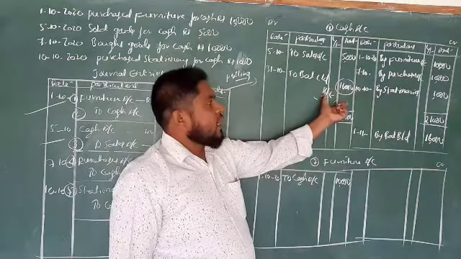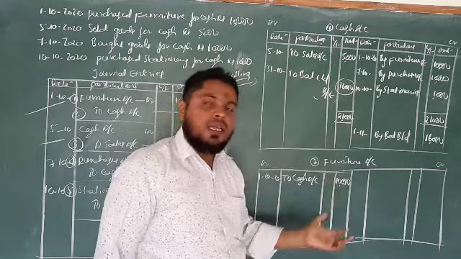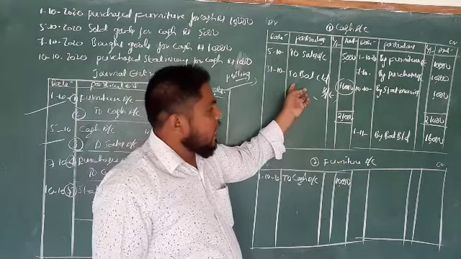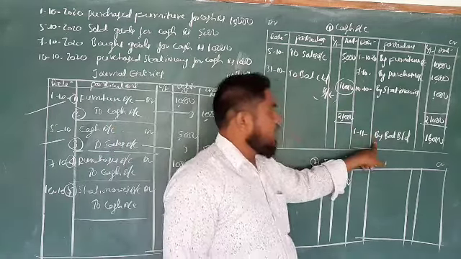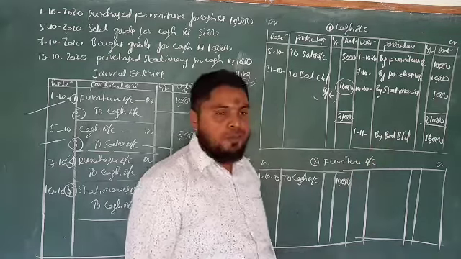So balance carried down: where we get the lesser amount, there the difference amount is the balancing figure, balance carried down, and this balance will become the opening balance to the next month, by balance brought down.